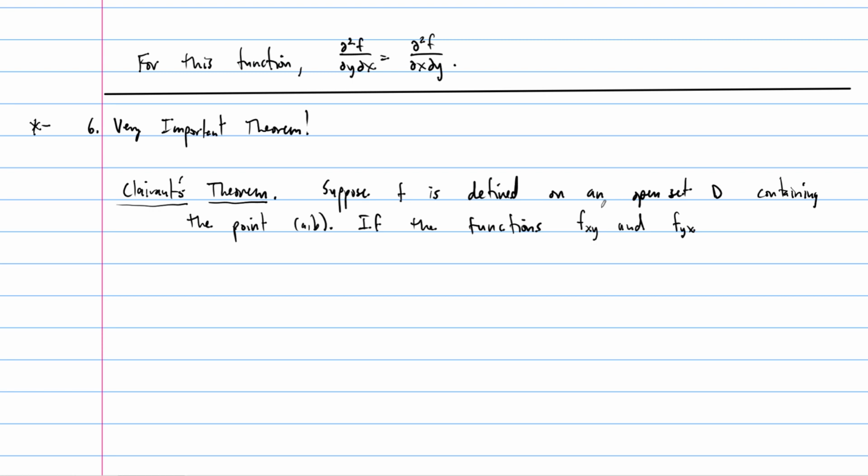These are the same exact partial derivatives that I wrote up here, and they're in the same order, right? xy means x first, then y. yx means y first, then x, right? So if these functions are continuous on this open set D,